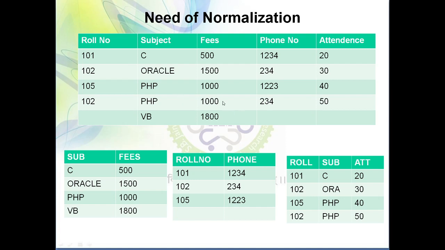So these are the various problems that may arise. Suppose this table is not normalized, suppose the normalization concept is not applied on this particular table, then this kind of problem arises. So how to get rid of this problem? What I will do is decompose this one large table into 3 sub tables. I have done this decomposition, and now let us check whether we get rid of the problems of insertion, deletion, updation and inconsistency or not.